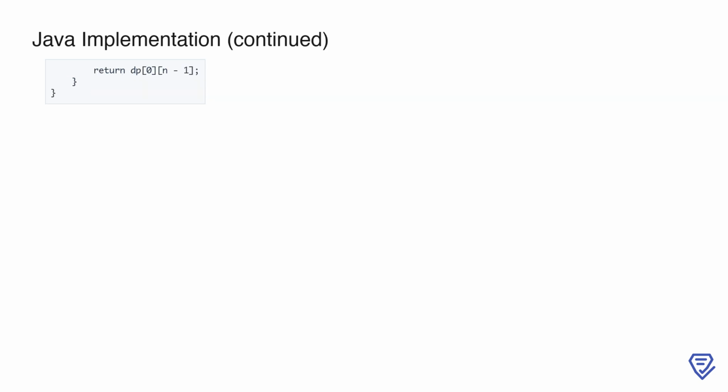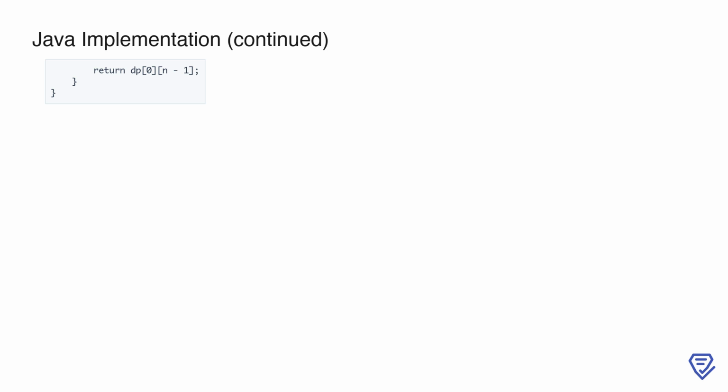Finally, after filling the dp table, the result for the entire string is stored in the top right corner of the table, which corresponds to dp[0][n-1]. This value represents the length of the longest palindromic subsequence. We simply return this value as the result of the method. This implementation ensures that we efficiently compute the solution by breaking the problem into smaller overlapping subproblems and solving each only once. With a time complexity of O(n squared) and space complexity of O(n squared), this approach is well suited